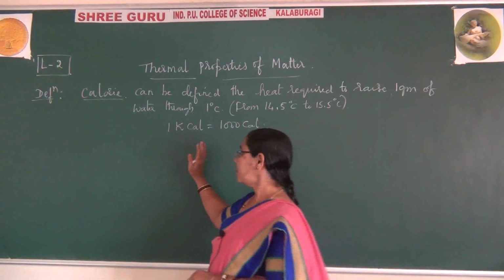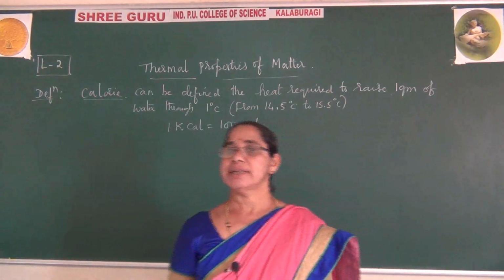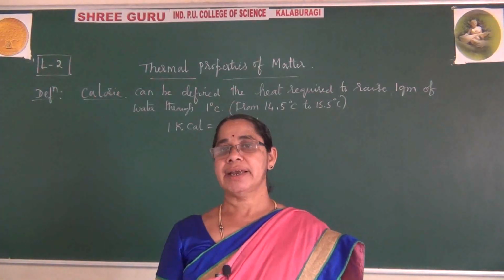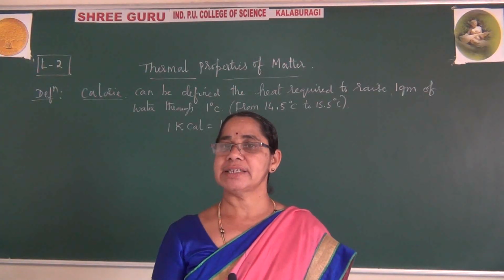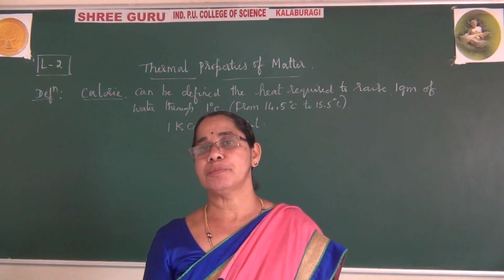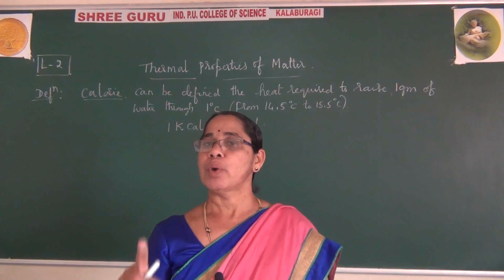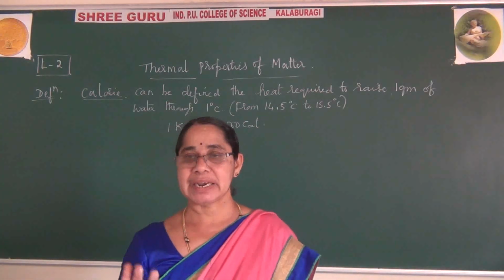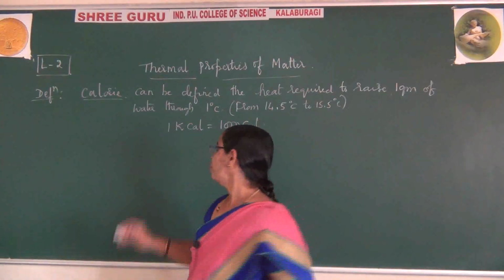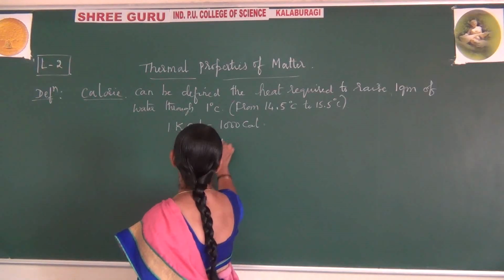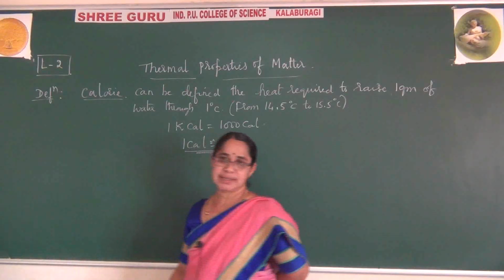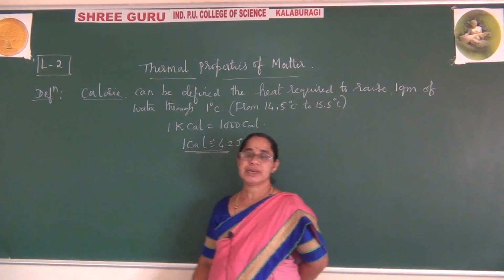This conversion you remember, in the last class we learnt the conversion from one unit to another, that is, CGS to SI. We have learnt the SI unit of heat is joule, and also the conversion from calories to joules: 1 calorie equals 4.186 joules. Approximately, when you do problems, you can use 1 calorie equal to 4.2 joules. This condition we have learned in the last class. I think we stopped up to here.